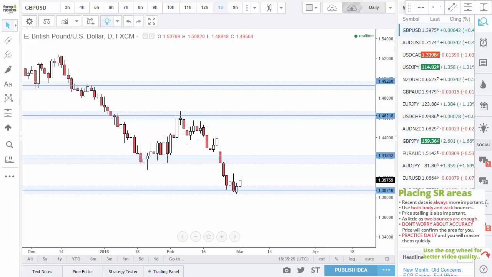So this is what I mean by accuracy is not terribly important. And you shouldn't obsess about having your support resistance areas being incredibly accurate. That is not important. When you look at my support resistance areas, because I post my support resistance areas to Forex for Noobs,